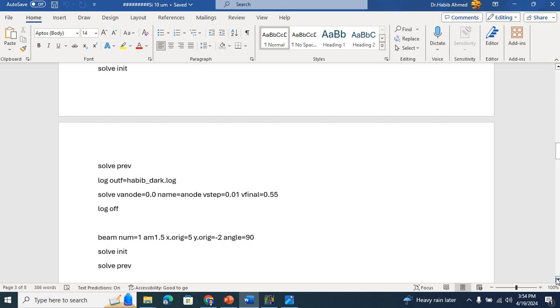Then in solar cell characteristics, we know that we would like to look at the IV characteristics of the solar cell, the current voltage characteristics of the solar cell under dark conditions and then under light conditions. So here first I have included a block for looking at the IV characteristics of the solar cells under dark conditions. So I'm creating a log file with this name,